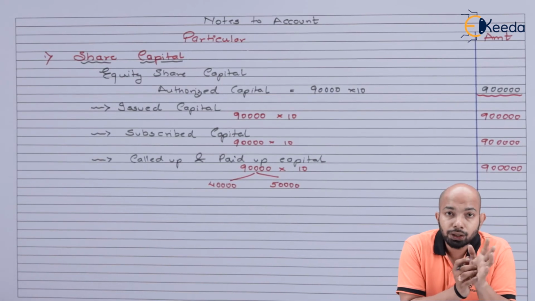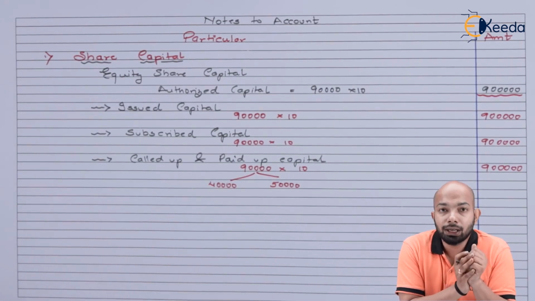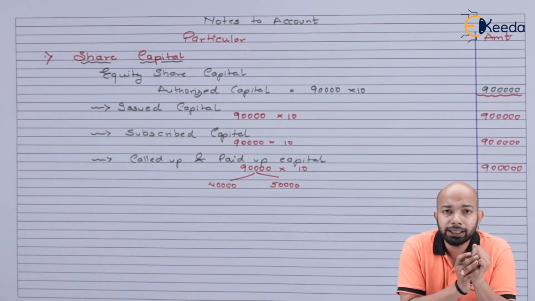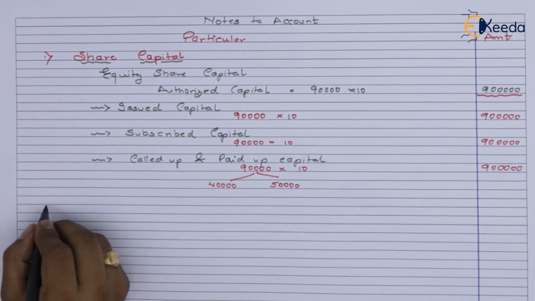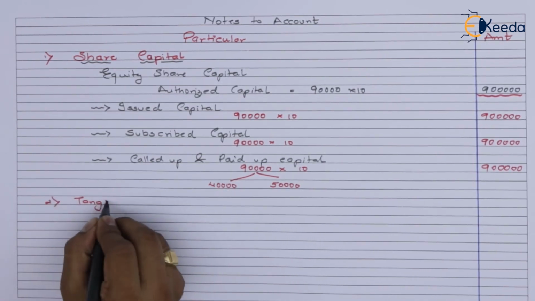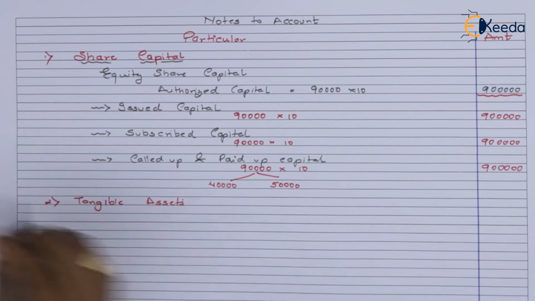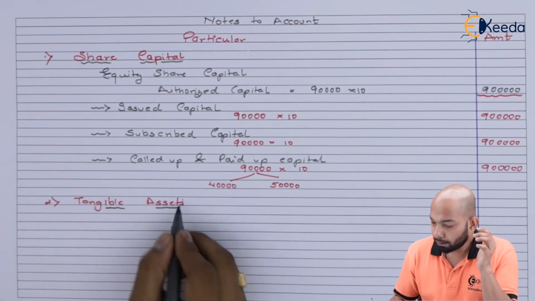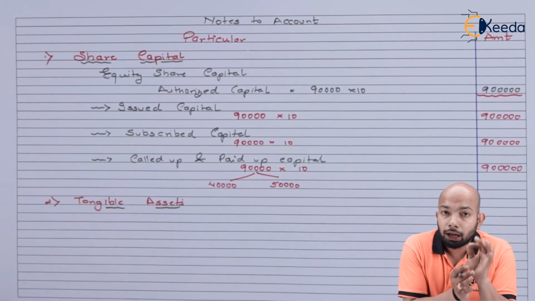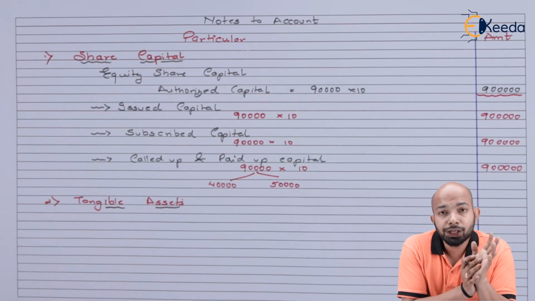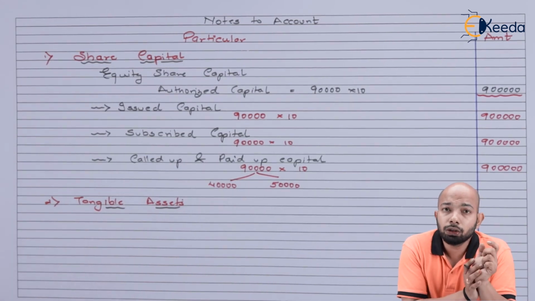Now, the next part of the balance sheet will be the total of cash, or rather tangible assets that we have. We have purchased land and machinery, that is a tangible asset. So that's the next category that we'll be dealing with. In the tangible asset, we have only one asset, that is land and machinery, for an amount of 4 lakh rupees.